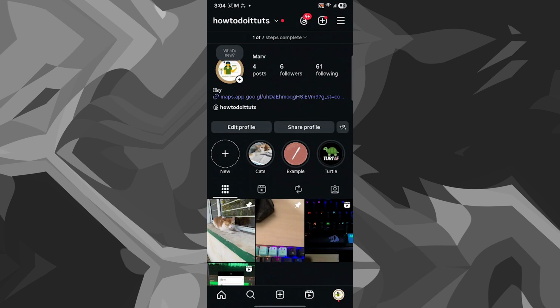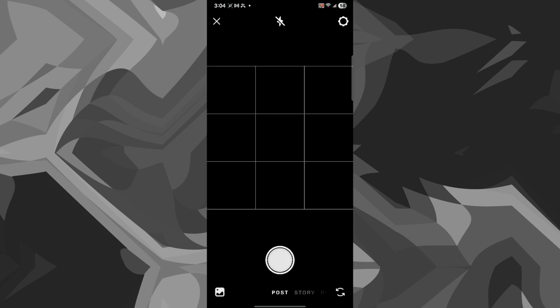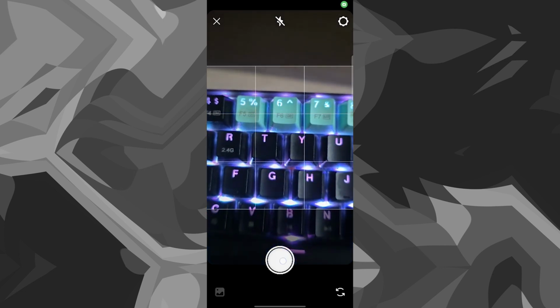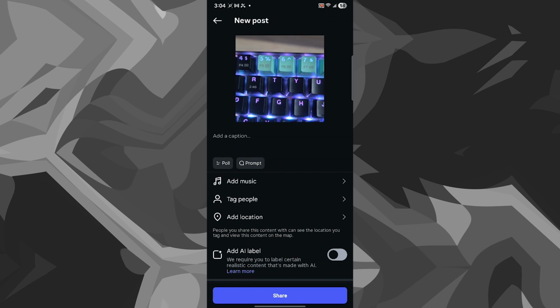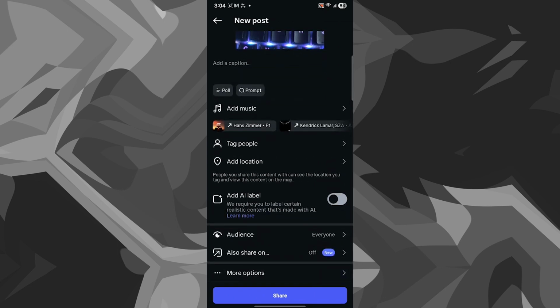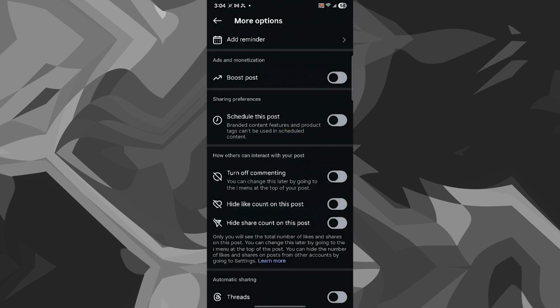After this, just click on the plus symbol and let's say I want to post this picture right here. After this, you can click on next, and this is where the magic happens. Once you're here, you can click on more options, and then you will see this option where it says schedule